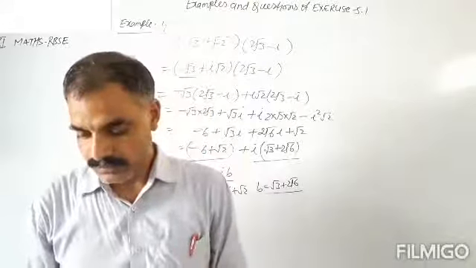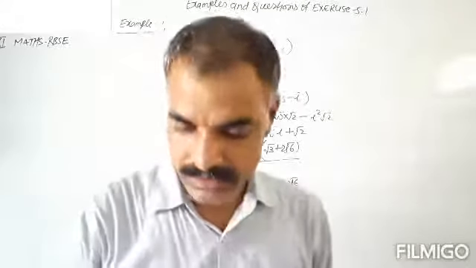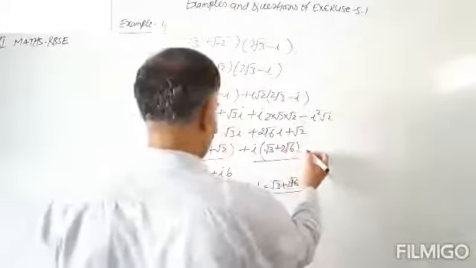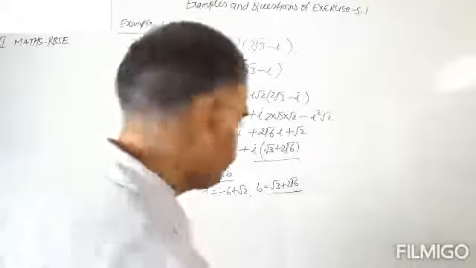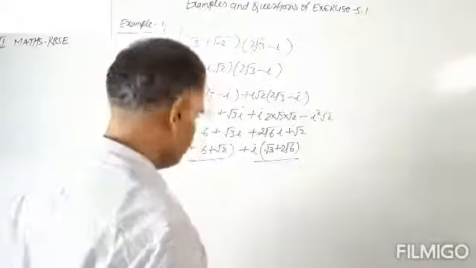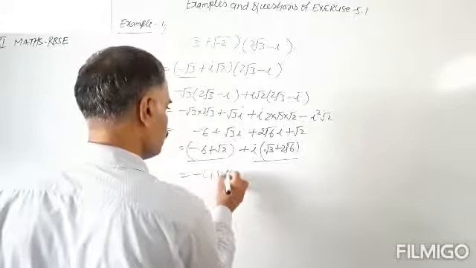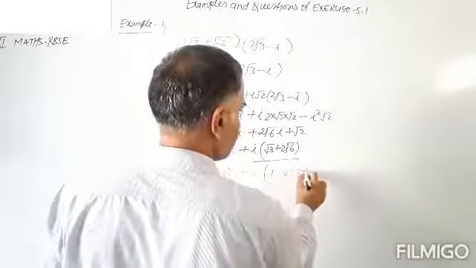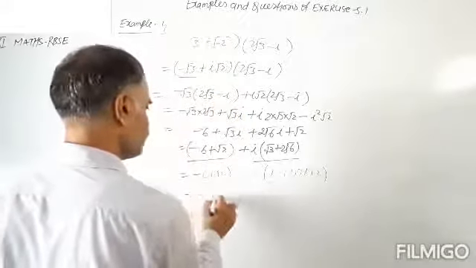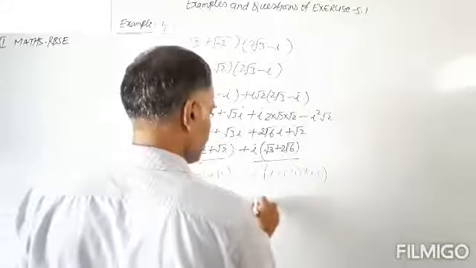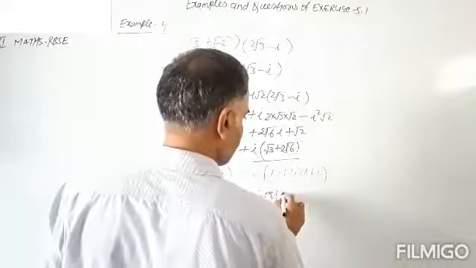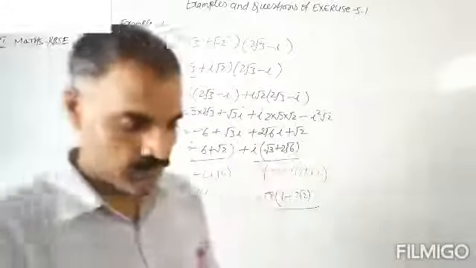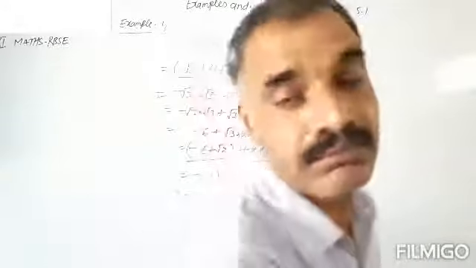Okay, now let us take the next question. This can also be put in the form of minus 6 plus under root 2 plus iota under root 3 plus 2 into under root 3 into under root 2. So minus 6 plus under root 2 plus iota under root 3 taken common, 1 plus 2 under root 2. Okay, both are the same.